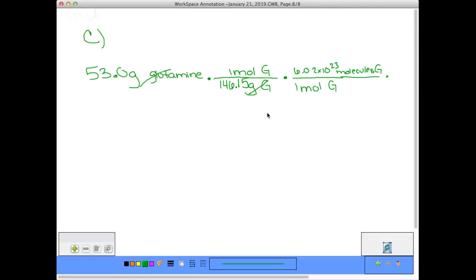I'm going to put this down here. And I know that for every 1 molecule of glutamine, I have, according to my formula, 3 atoms of oxygen. So moles of glutamine, molecules of glutamine,